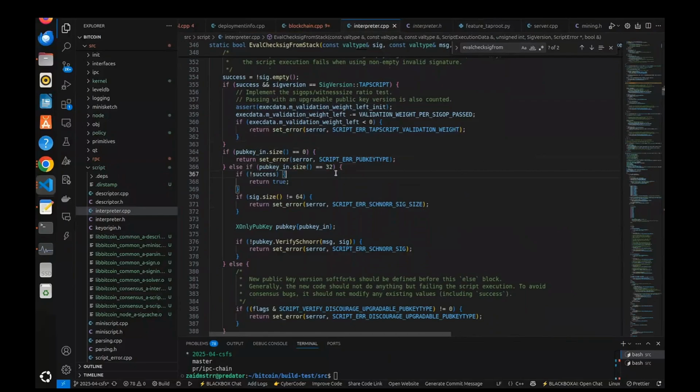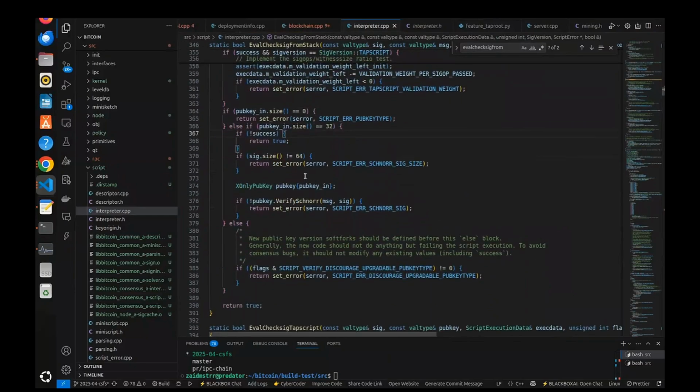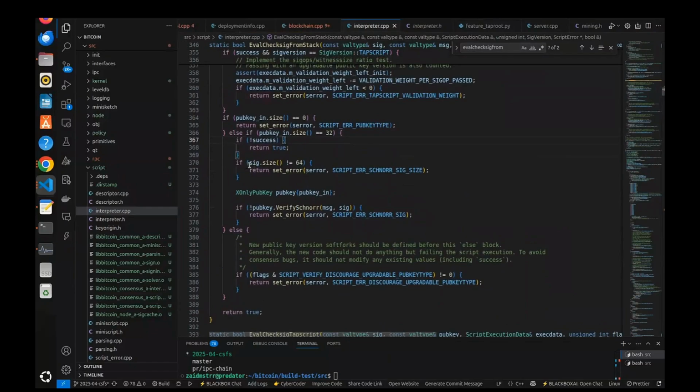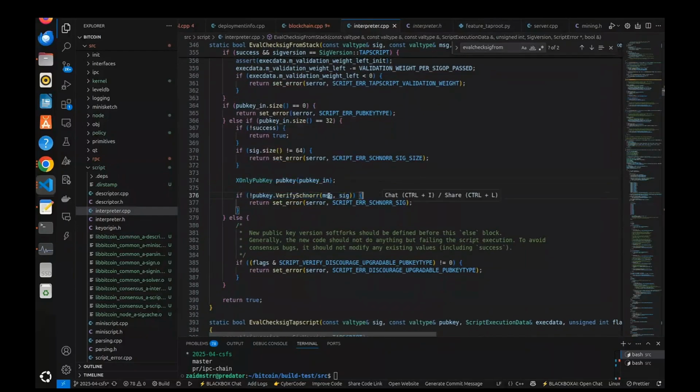If you don't provide the pub key of 32 bytes, this will simply return with an error, and then we are providing the signature, and if the signature is not 64 bytes, this will also return with some error. So the signature also needs to be 64 bytes, and we are creating the instance of x only pub key here, and now here we are verifying the pub key